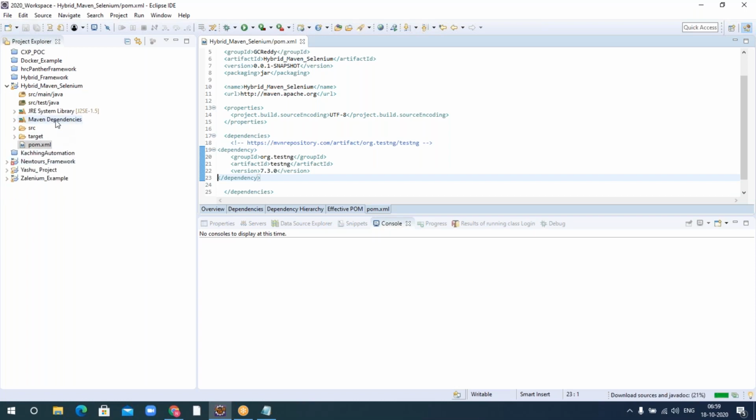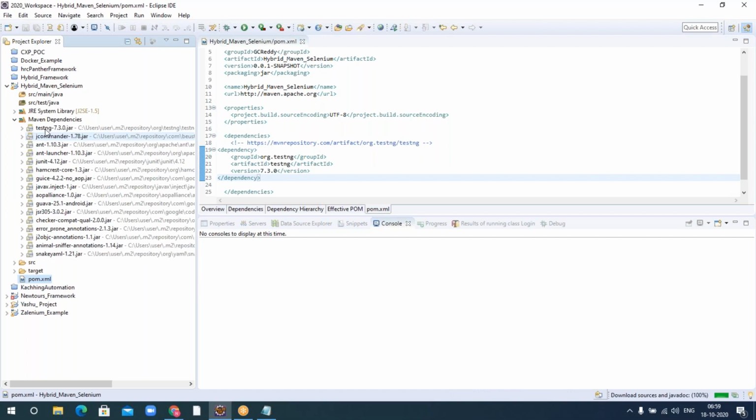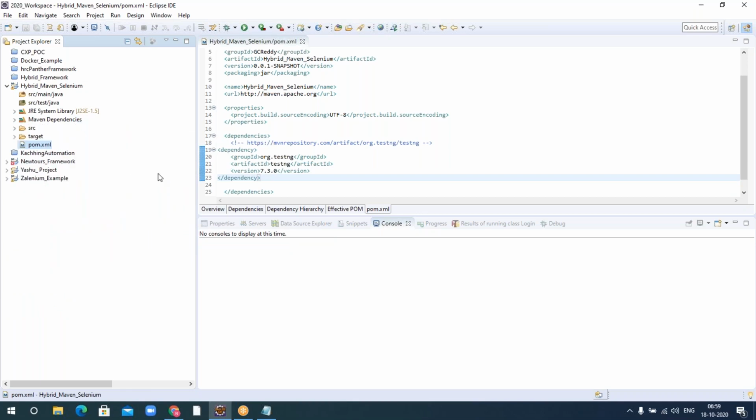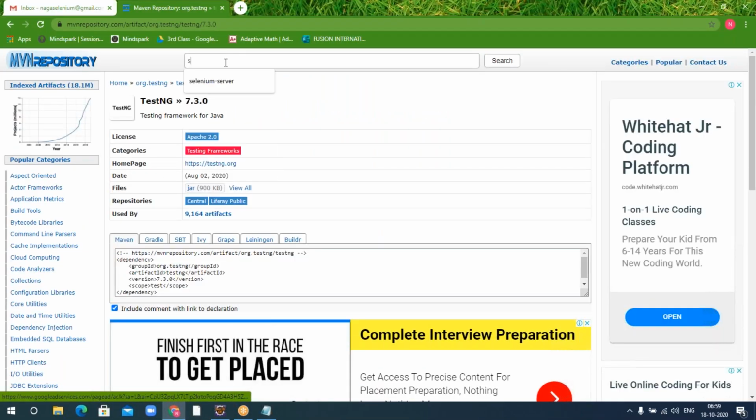So if you see in the Maven dependencies, the jar files related to testing were added. Okay. And in a similar way, I'll add Selenium also, which I require the jar file for. So Selenium server. Yeah, I'll search for this Selenium server.